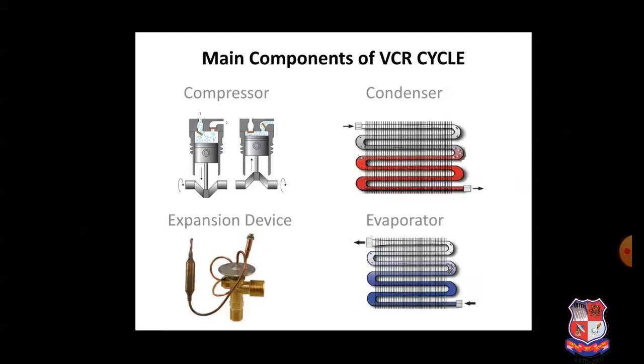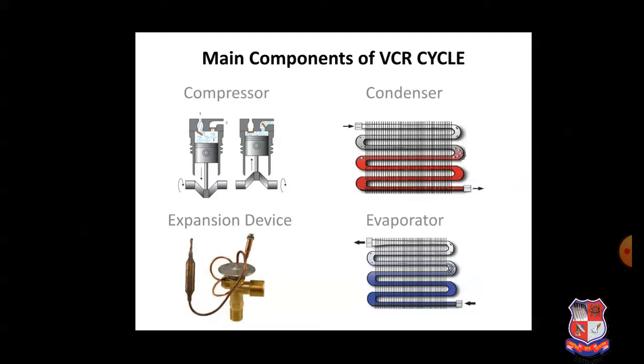Now we are going to discuss the condenser. Condenser is one type of heat exchanger. The function of the condenser is to give up its latent heat to the surroundings by a condensing medium, which is normally air or water. At that time the vapor refrigerant is converted into liquid refrigerant. Now we are going to discuss the expansion device. The function of the expansion device is to reduce the pressure and temperature of the liquid refrigerant, so the liquid refrigerant is easy to vaporize or evaporate in the evaporator.